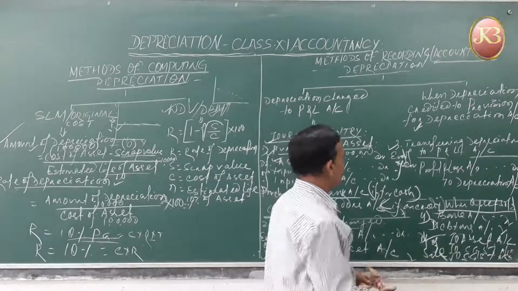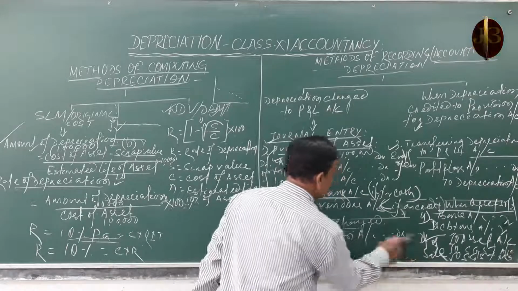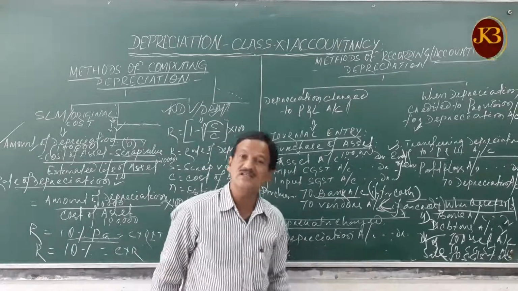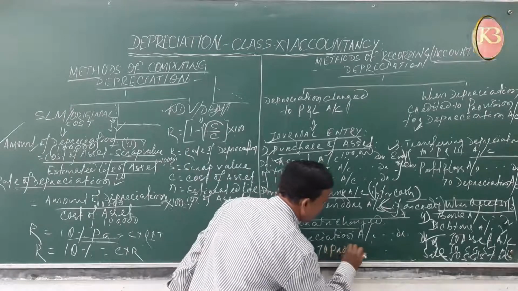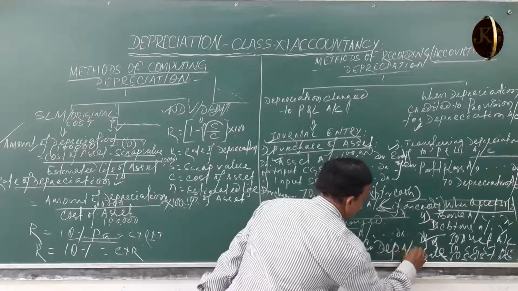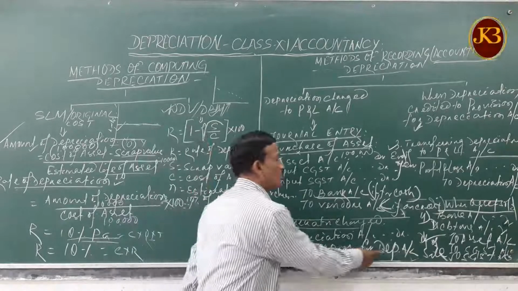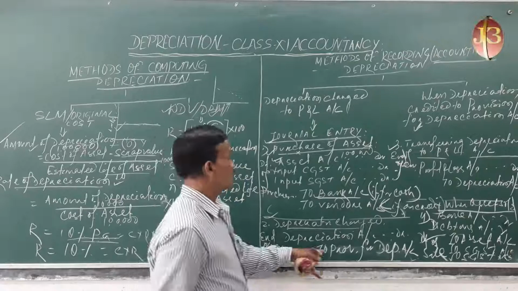Then the second entry, the depreciation account is debited to provision for depreciation account. That means instead of the asset account being credited, provision for depreciation account is credited,